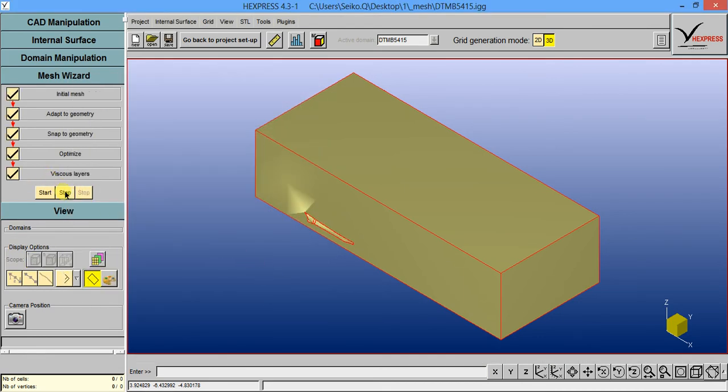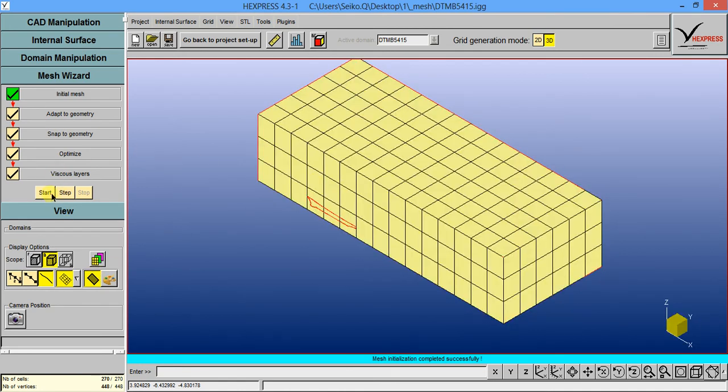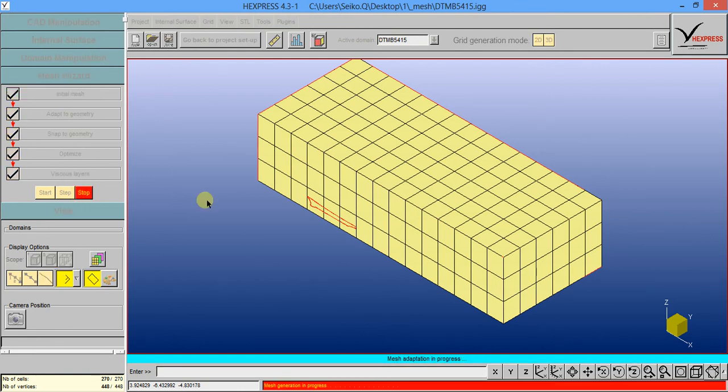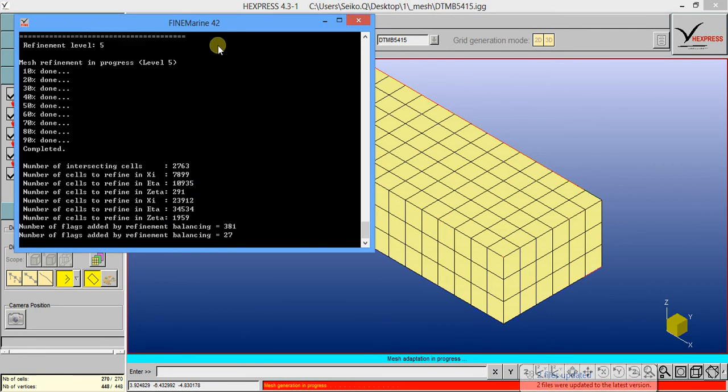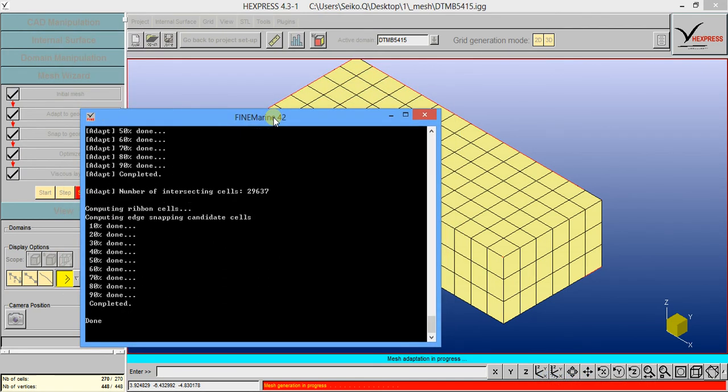So you just step, okay, and you see that this is done, and you can view the mesh. You can do it by using the start button as well, to automate the mesh creation. Alright, so we will just wait a while, and you may notice that the work is being done. For the moment, we do not have to modify any of the mesh properties because it's being driven by